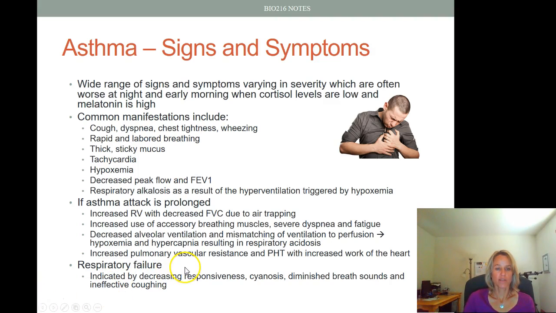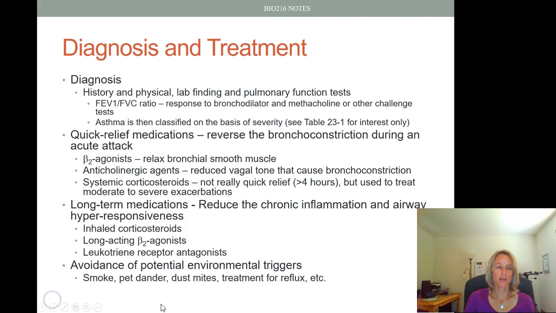And then if it's really prolonged and we can't reverse it, this can lead to respiratory failure, and that's indicated by a decrease in responsiveness, cyanosis, decreased breath sounds, and ineffective coughing. Diagnosis is made by history and physical exam, lab findings, and pulmonary function tests. One of the big things that they're going to look at is the FEV1/FVC ratio